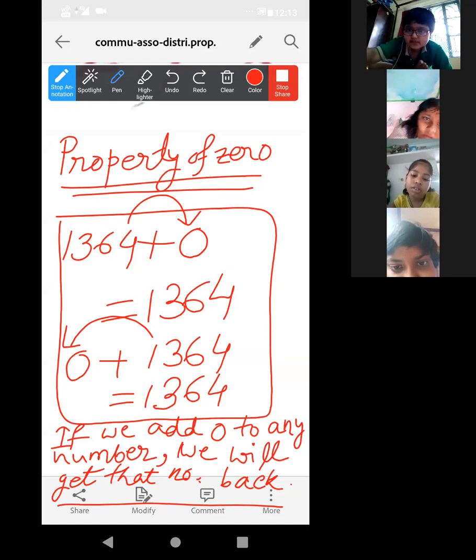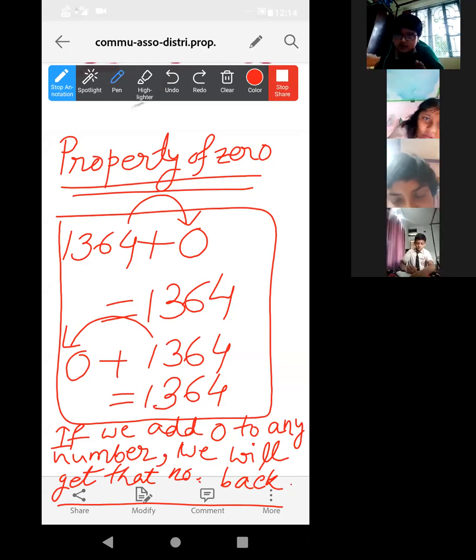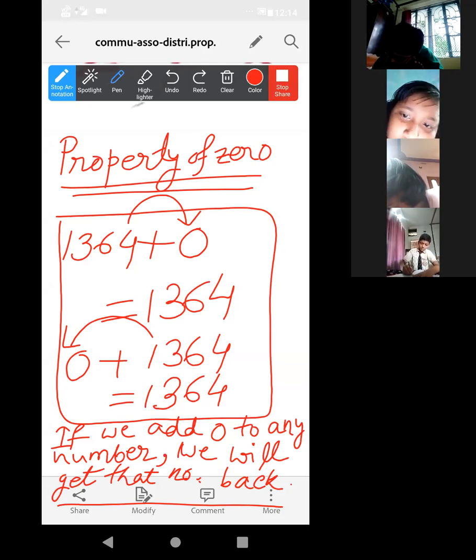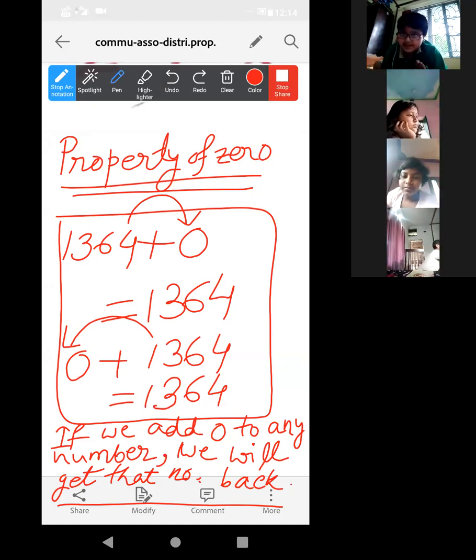All of you written up to this? First, within 1 minute complete it. Then I will complete exercise C today. Chapter 4, exercise C. All of you open. There is only fill in the blanks by using this property. Take a pencil. By pencil, you have to do it in your book.